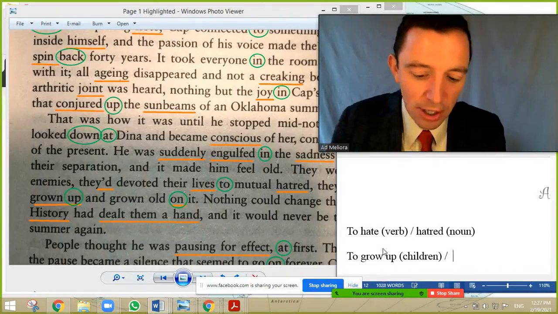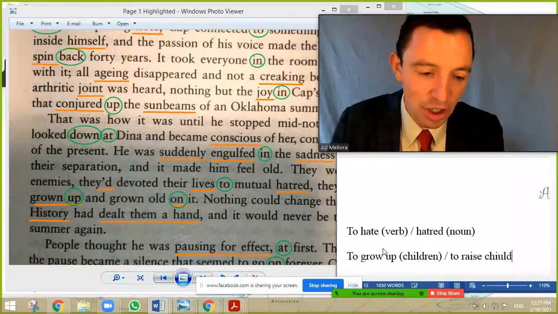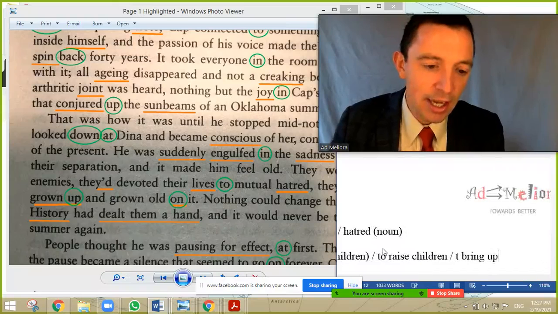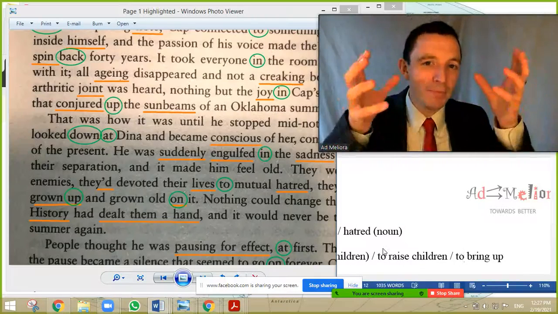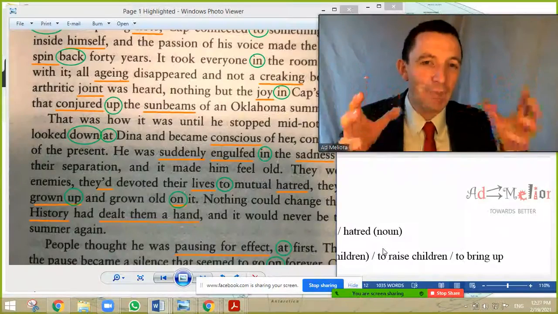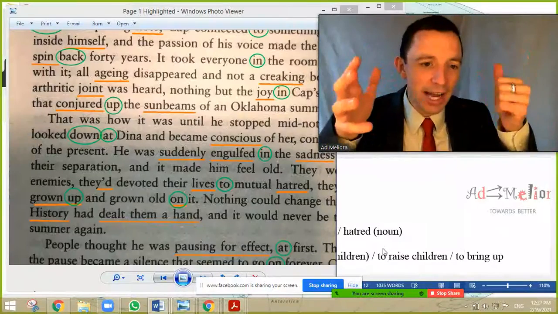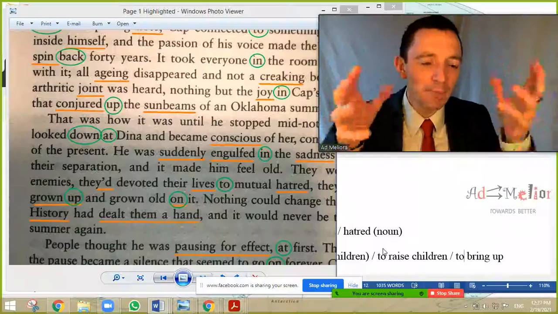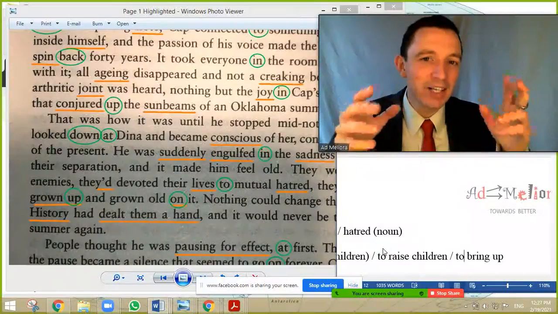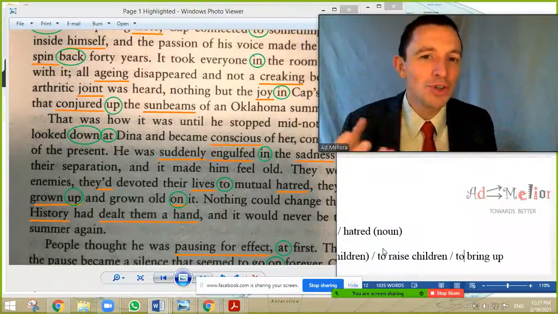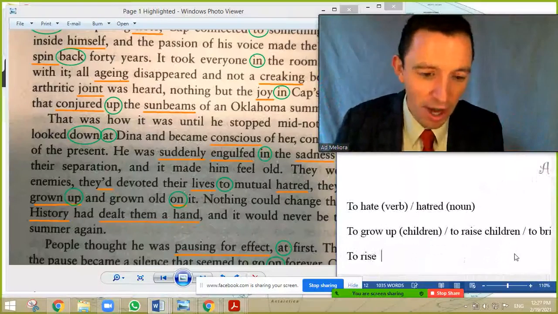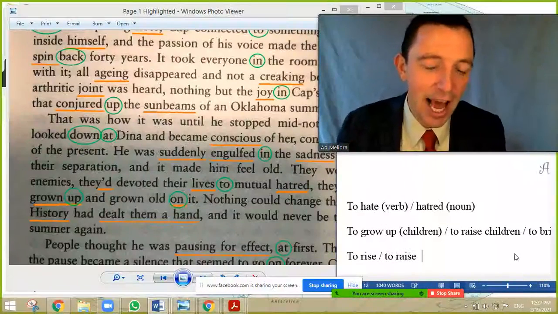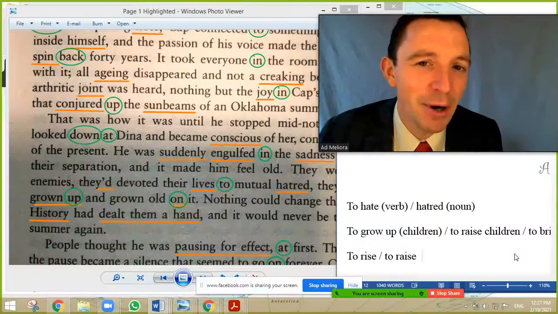Okay, and also to raise children is associated with this, and to bring up. We have some vocabulary in relation to this. So the parent, typically the parent brings up the child. That's the action for the parent. The parent brings up the child, to educate, to nurture, to bring up. The second significance is to raise. So we have two verbs, to rise and to raise. And this is important. So the verb is to rise and the verb is to raise. And you need to be very careful and very clear with the difference.